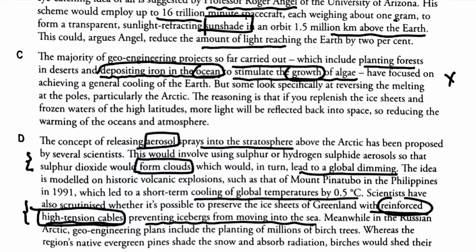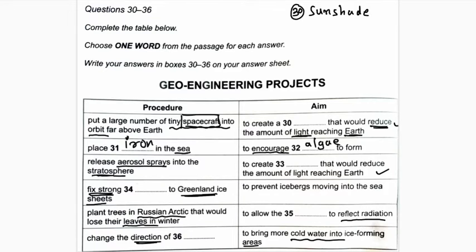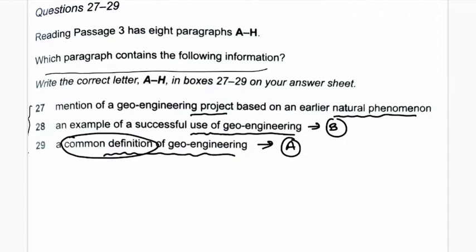We have reinforced the high tension cables. So cables is our answer, and by using the cables they have prevented icebergs moving into the sea. So this is what the answer is, right everyone? Next, then after,